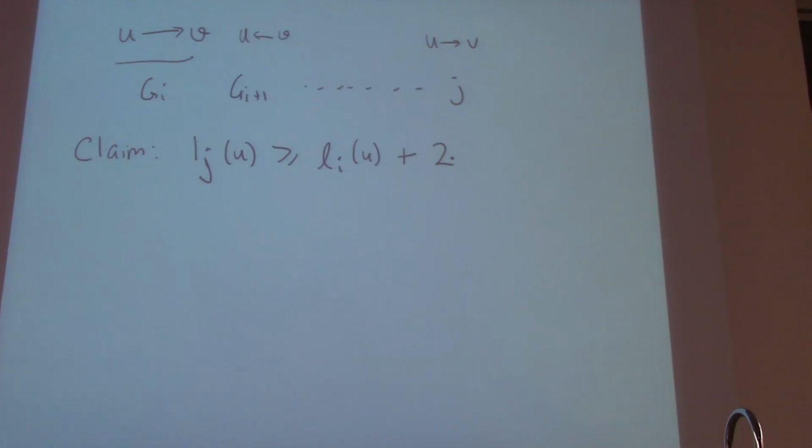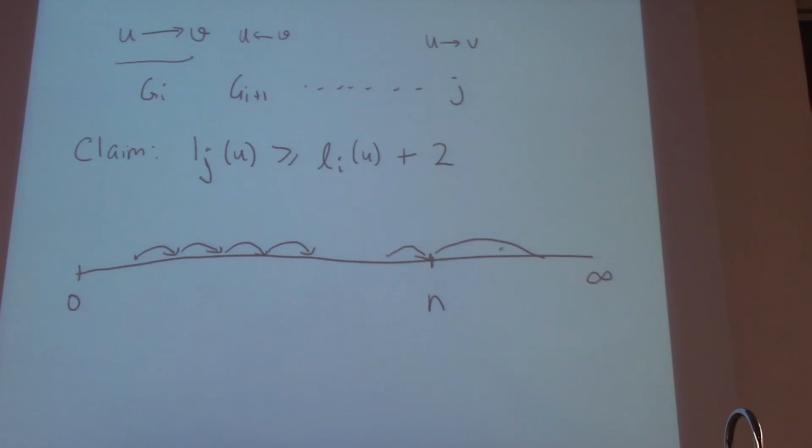So if you think of the trajectory, if you think of a number line here, so let's draw a number line here. A very bad number line. Starting at 0, this is infinity, and this is n. What we're seeing is that every time it flips, it jumps by 2. Then it flips again, and it jumps by 2. Then it flips and it jumps by 2. And it flips and it jumps by 2. At some point, it reaches n. If it flips after that, it goes straight to infinity. Oops.